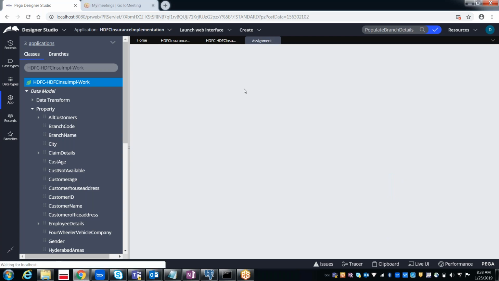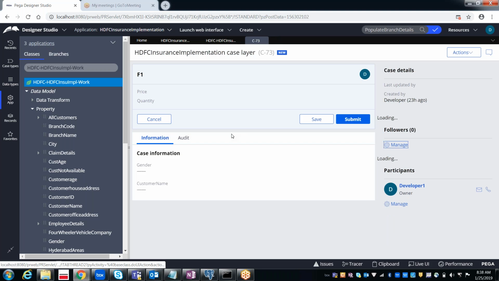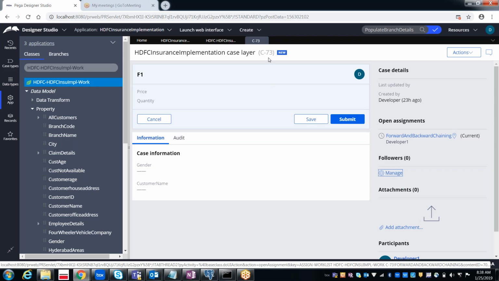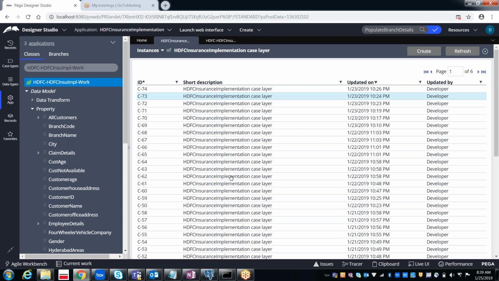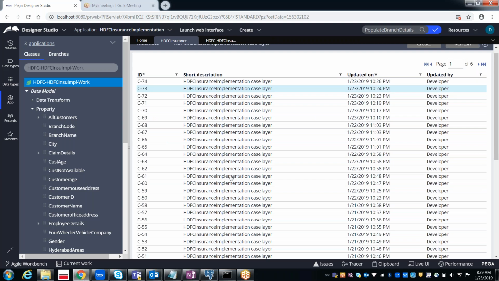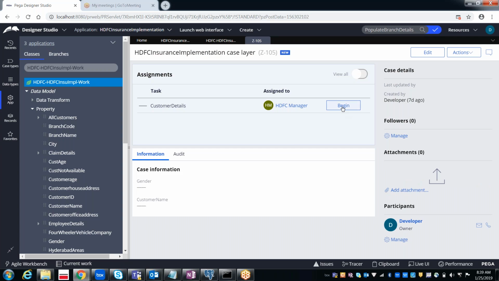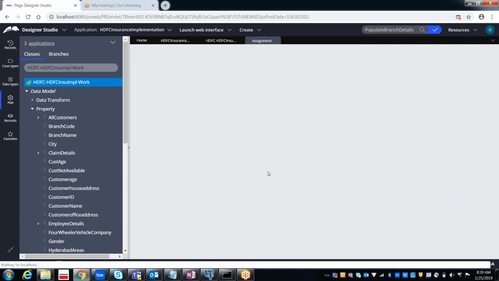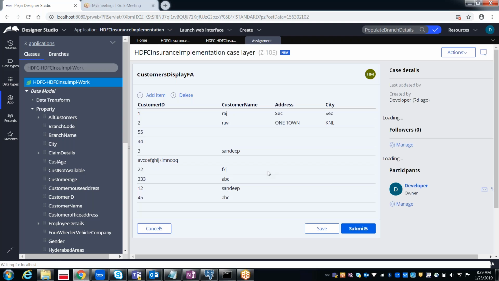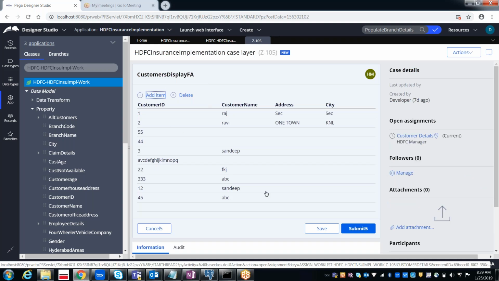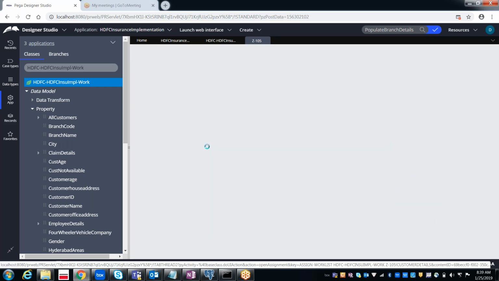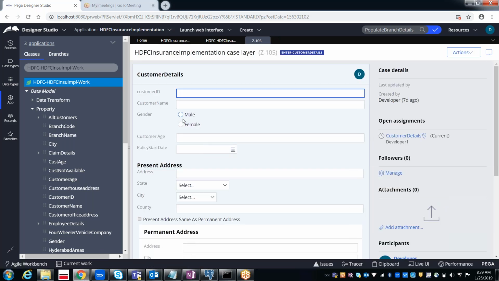When you give all this information, is it going to have a separate column for each and every property? Here we have the customer display with all the customer IDs, name, address, city, customer ID, customer name, gender, customer age, policy start date.